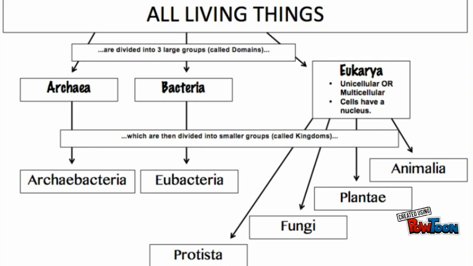The domains archaea and bacteria do not break into smaller groups. They're simply renamed at the kingdom level of classification. Archaea becomes Archaebacteria, and bacteria becomes Eubacteria. The domain Eukarya contains more organisms than either of the others, therefore it can be broken into 4 smaller groups: Protista, fungi, plantae, and Animalia.